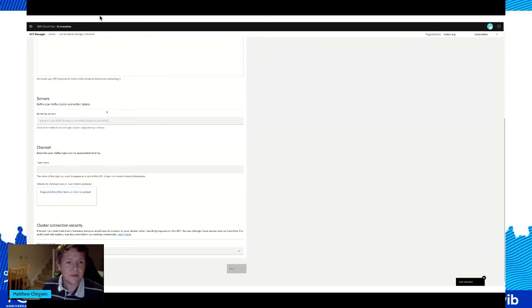So examples here are servers. The AsyncAPI specification has servers to detail the physical servers which make up the system. Well, in the case of Kafka, that would be your Kafka brokers or your bootstrap address. So we've tied those together and introduced those as a pair. Of course, the same goes for a channel, which in the case of Kafka would map to a Kafka topic. The final thing that we call out as a part of this flow is security.